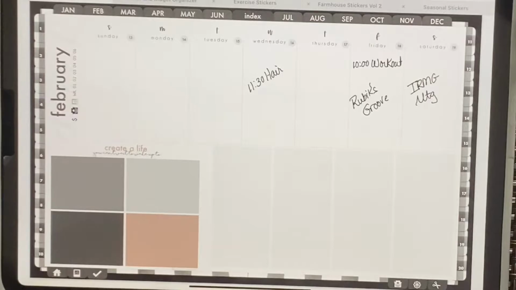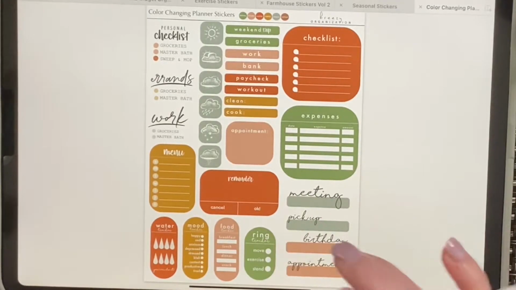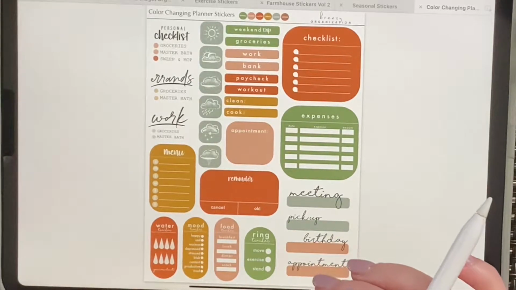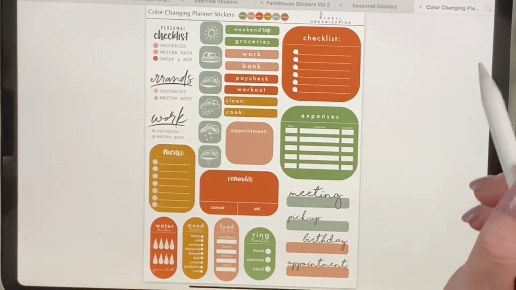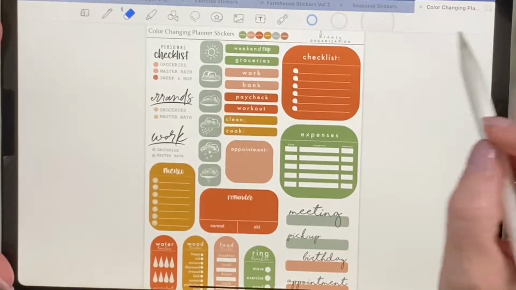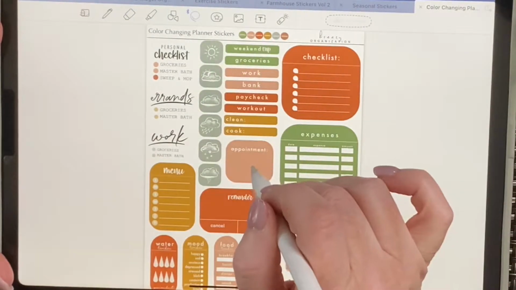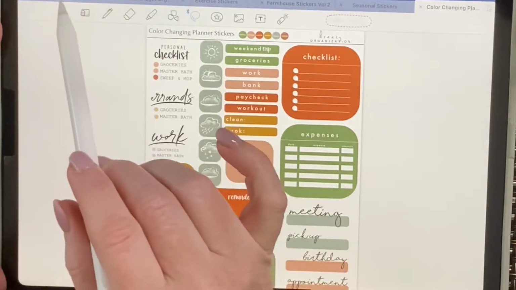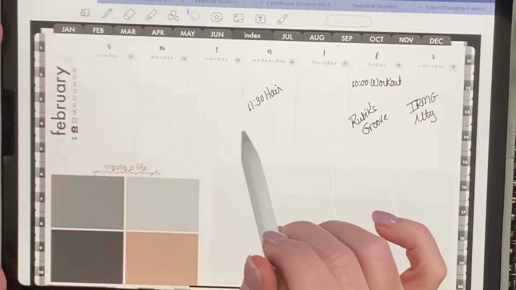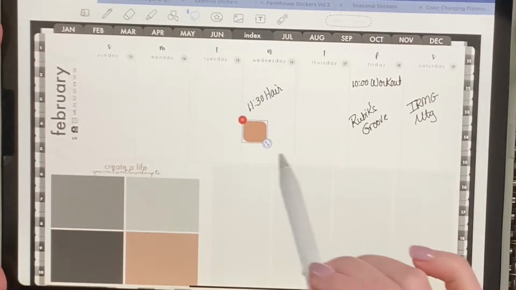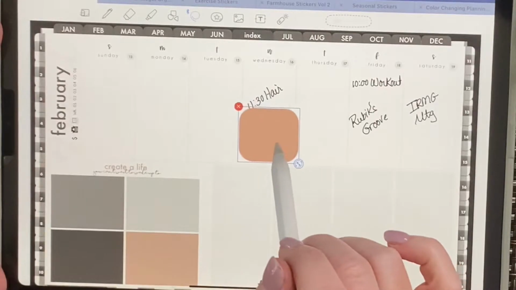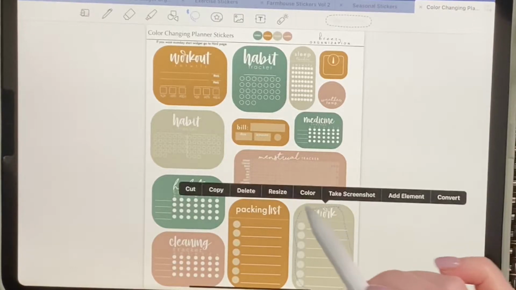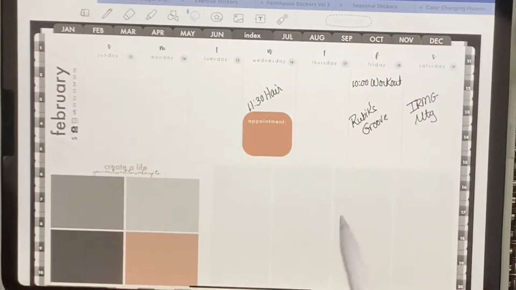First of all, these are her new stickers, and you can customize the colors to match some other things, which I love. So I'm definitely going to use some of these. With digital stickers, you always want to copy them and reuse them. So I'm going to get the lasso tool. I definitely want to use this appointment. So I just lasso it, click, hit copy, and then go back over here to my planner, hold it and paste it, and I can resize it to whatever size we want. In order to get that whole thing, I gotta loop it all, copy,